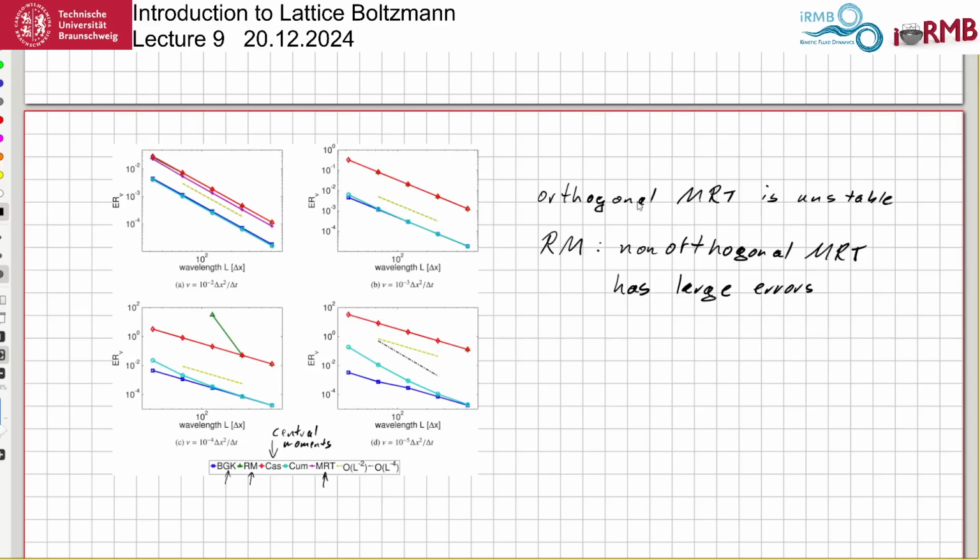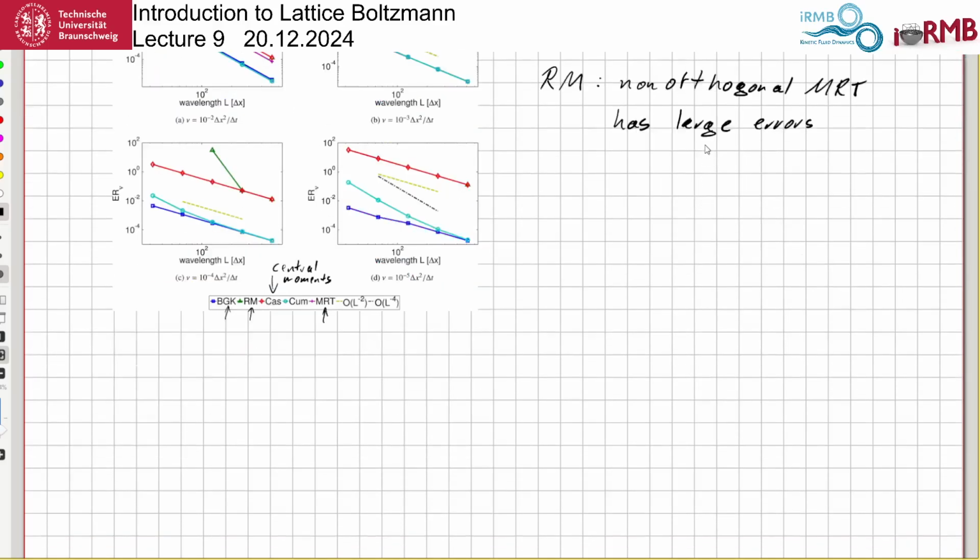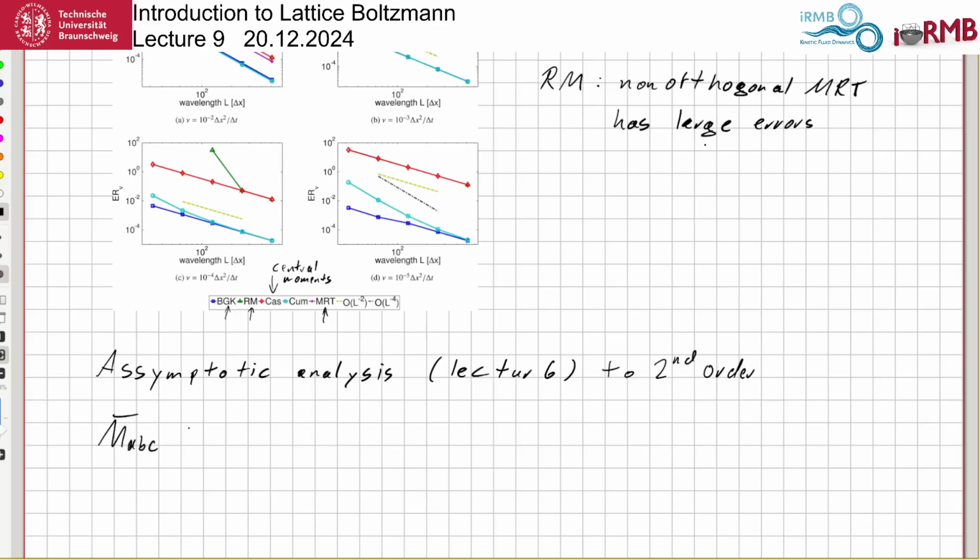So, do we want to understand why MRT breaks down? For this, we have to go back to our asymptotic analysis again. So I told you lecture 6 is pretty central to all of these lectures. So this we have to do to second order, and we look at the moment M, the general moment MABC now in 3 dimensions, gives us MABC equilibrium. So we want to do this to second order, minus, say, we have an associated relaxation rate, omega ABC minus 1/2, and here comes dxm